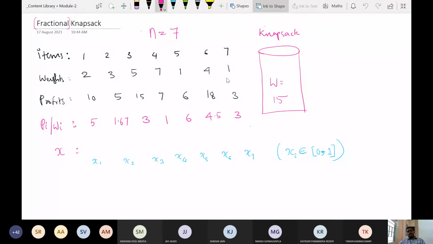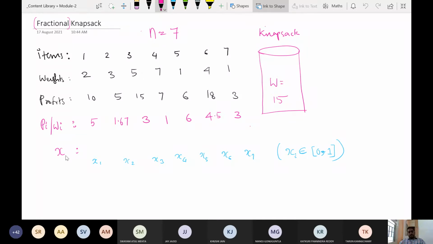But here what we are discussing is the fractional knapsack problem, which means you can divide the item into smaller pieces. It is not mandatory that if you have 4 kilograms total, you need to take all the 4 kilograms. No, it is not like that. But another version of the knapsack problem is available. That is known as 0-1 knapsack. Either you include, that means 1, or you exclude fully, that means 0. That is why 0-1 knapsack. Here it is fractional knapsack. So that is the difference. And now we are discussing fractional knapsack.